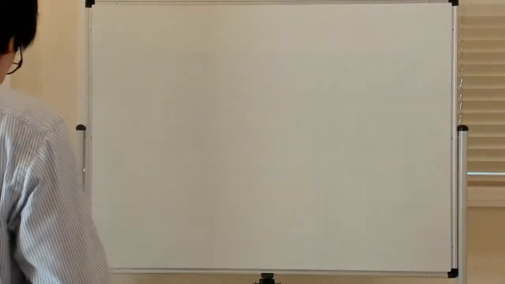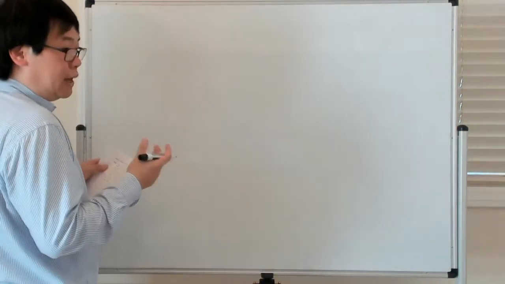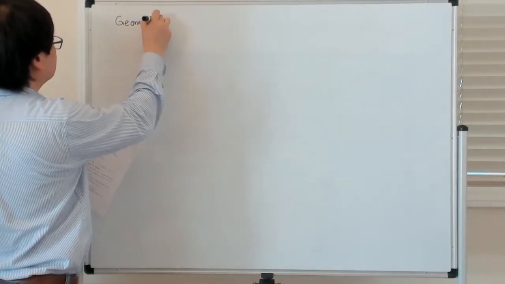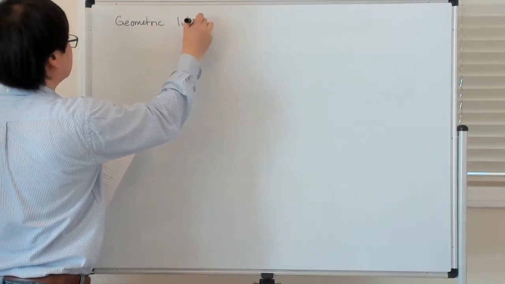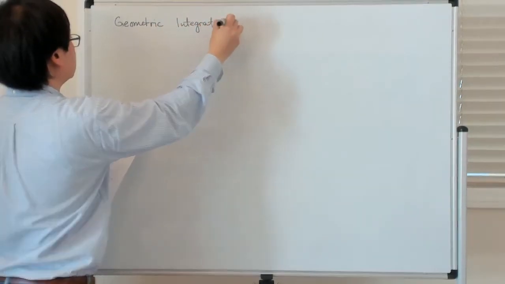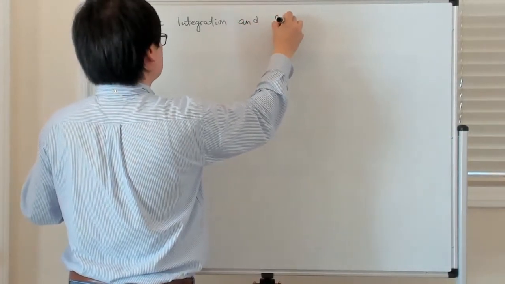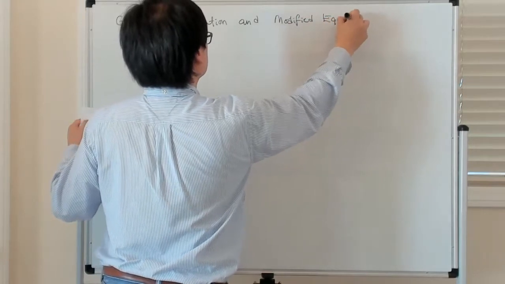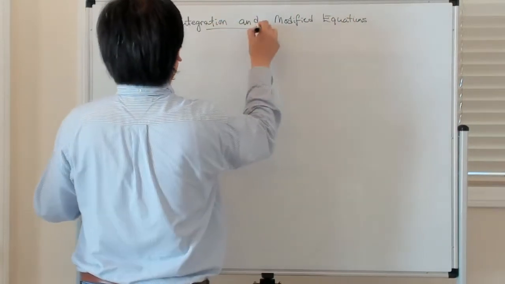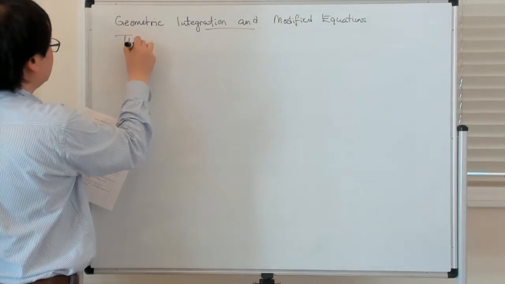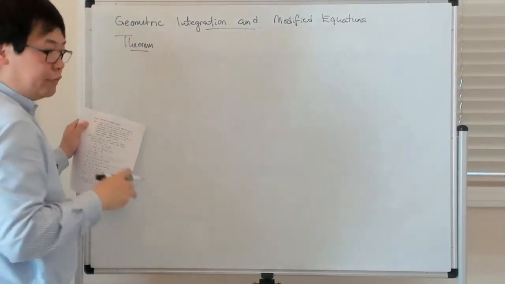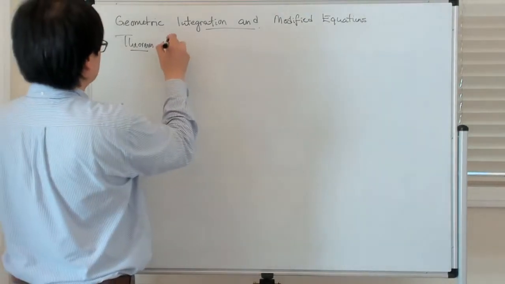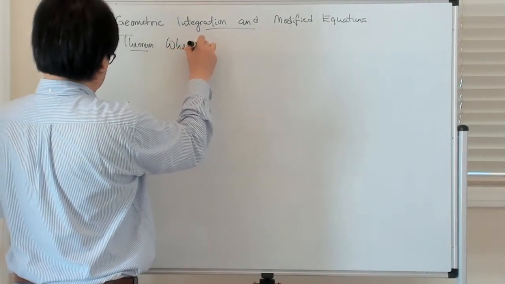All right, so now I'm going to talk about how modified equation analysis relates to geometric integration. Okay, so let me state the following theorem, and then I'll prove it for the special case of symplectic integrators applied to Hamiltonian systems. So the basic theorem is that whenever the flow map